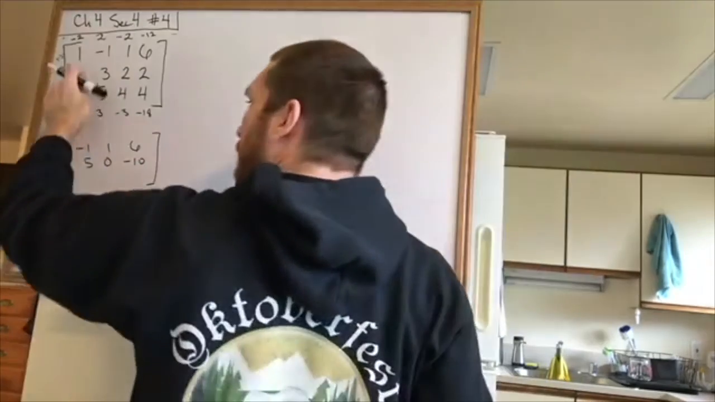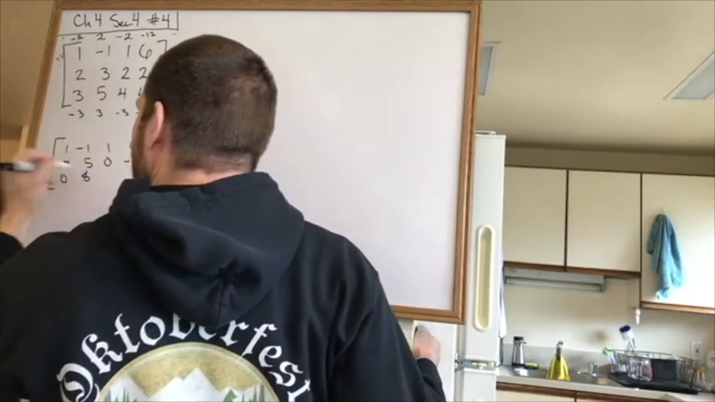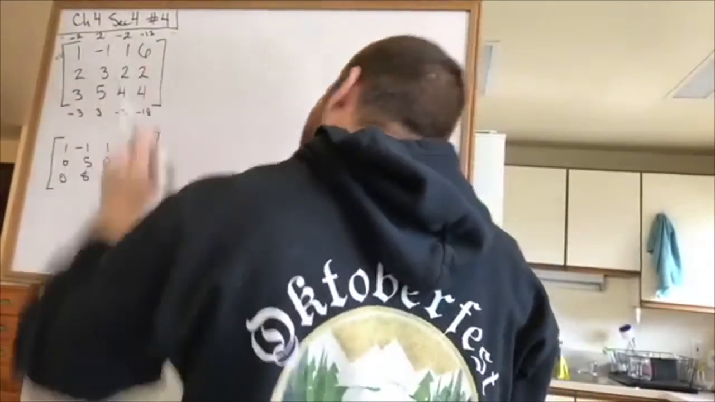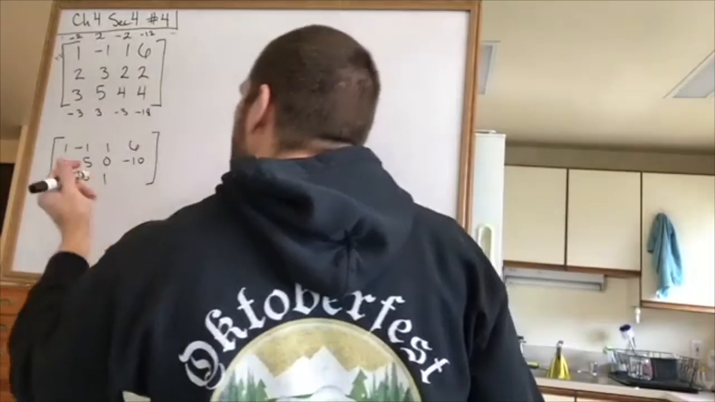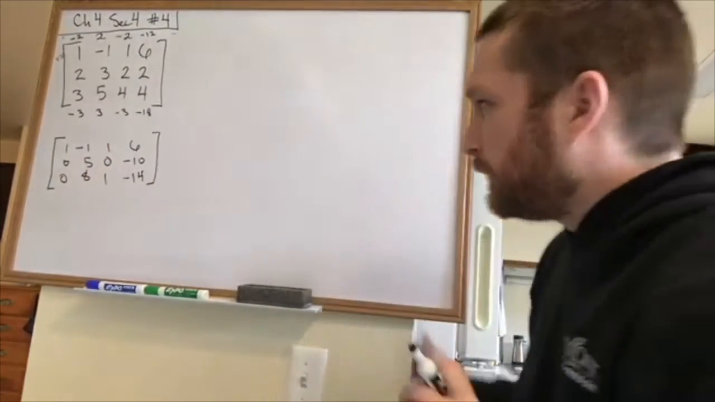Okay, now for the bottom row. -3 and 3 gives me 0. 3 and 5 give me 8. 4 minus 3 is 1. -18 and 4 should be -14. Okay. Now,